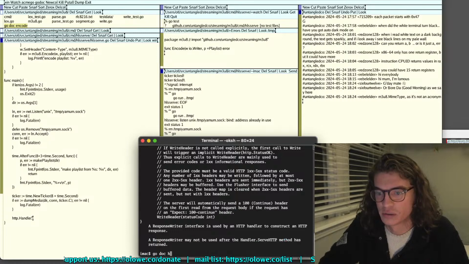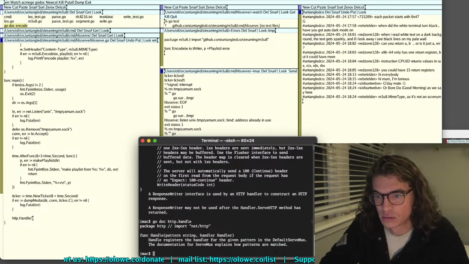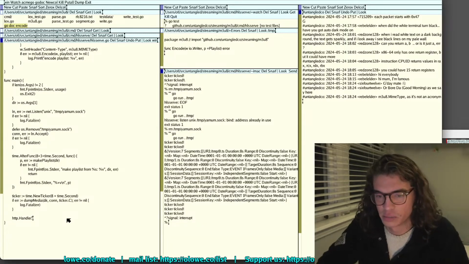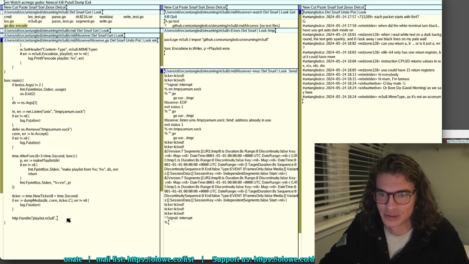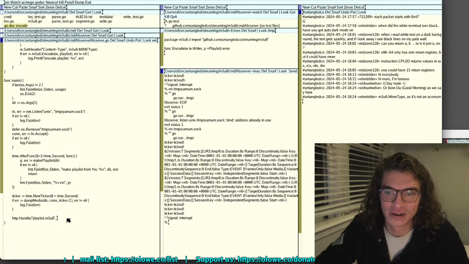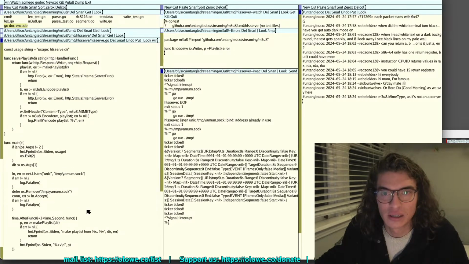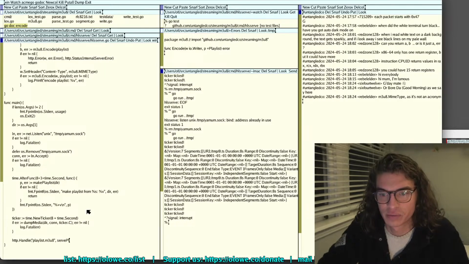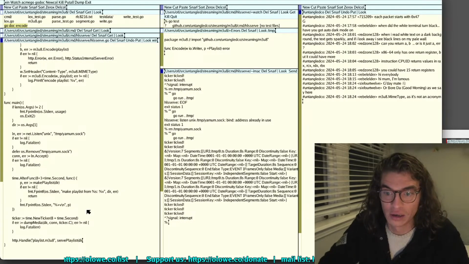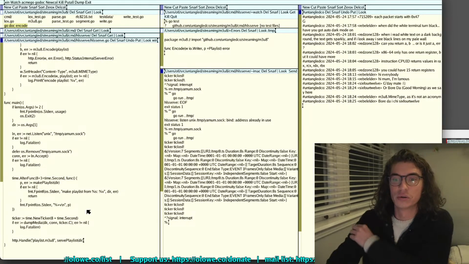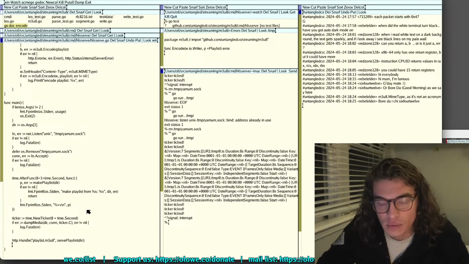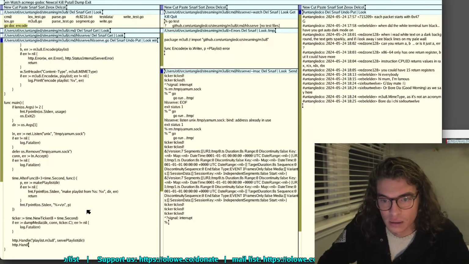I can't remember this now. Does it on the default mux? Yeah, great. So the handle pattern string. Okay, so pattern is going to be the playlist.m3u8. Okay, that's the magic one. And then how to handle that is we give it a serve playlist, again, just from dir. And then